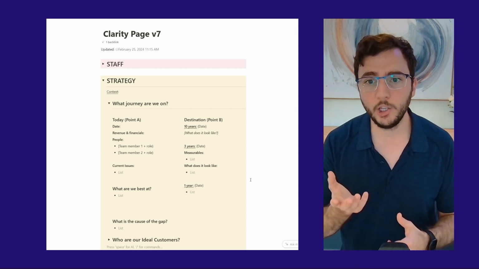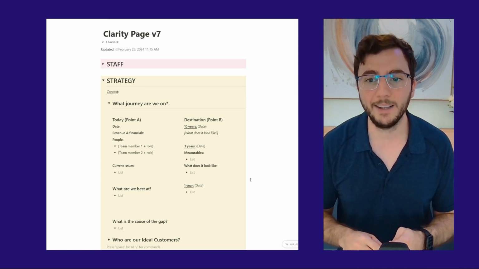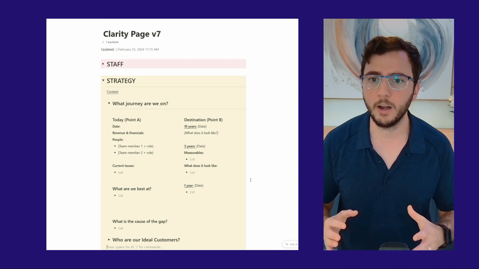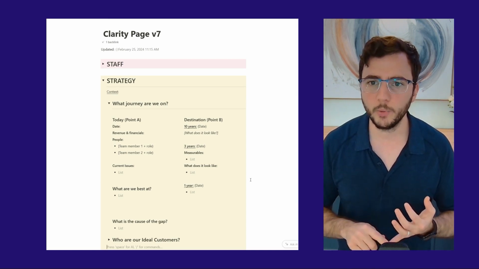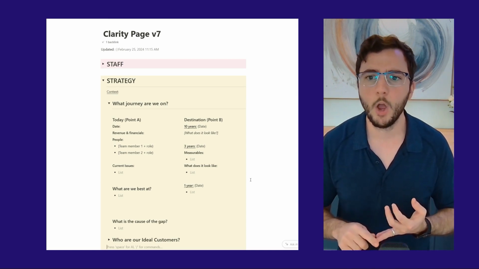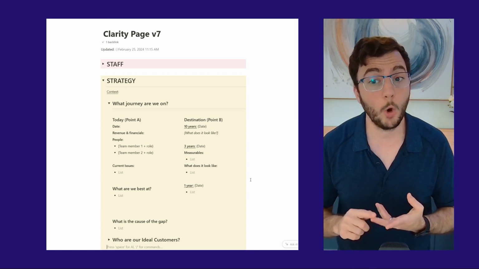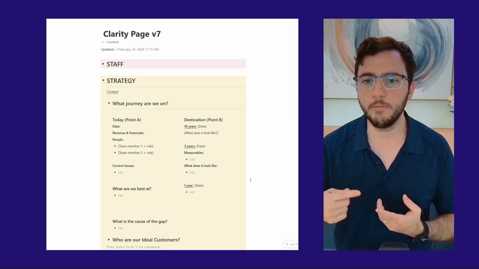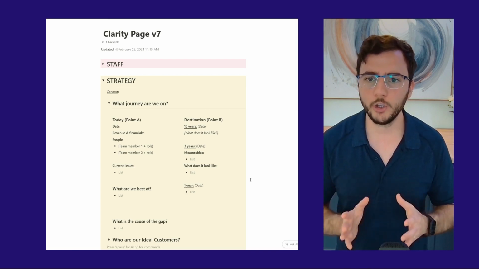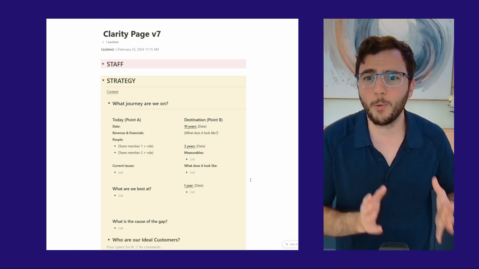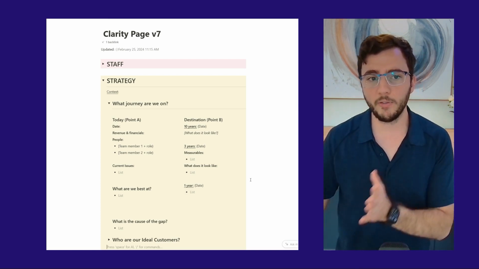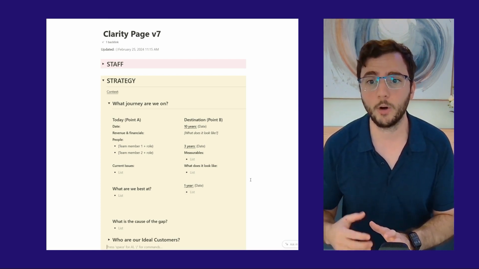On the flip side of the issues, we have what are we best at? And it's super important to take a pause and really reflect on what type of customers do we have? What type of people do we have? What do we do extremely well? What don't we do extremely well? Because that's going to dictate our strategy moving forward. So, first step is to identify what exactly is point A. Where are we today? The second part of that is the destination or the vision.